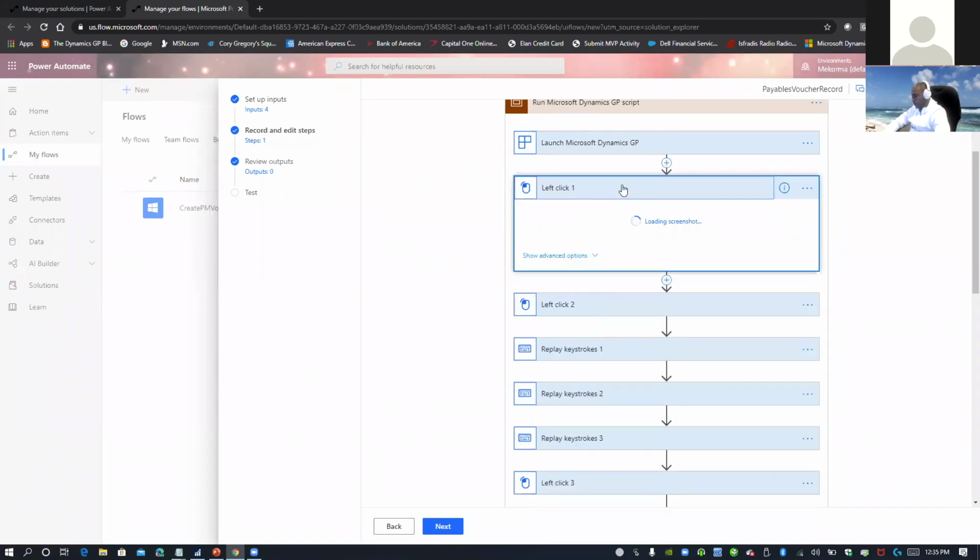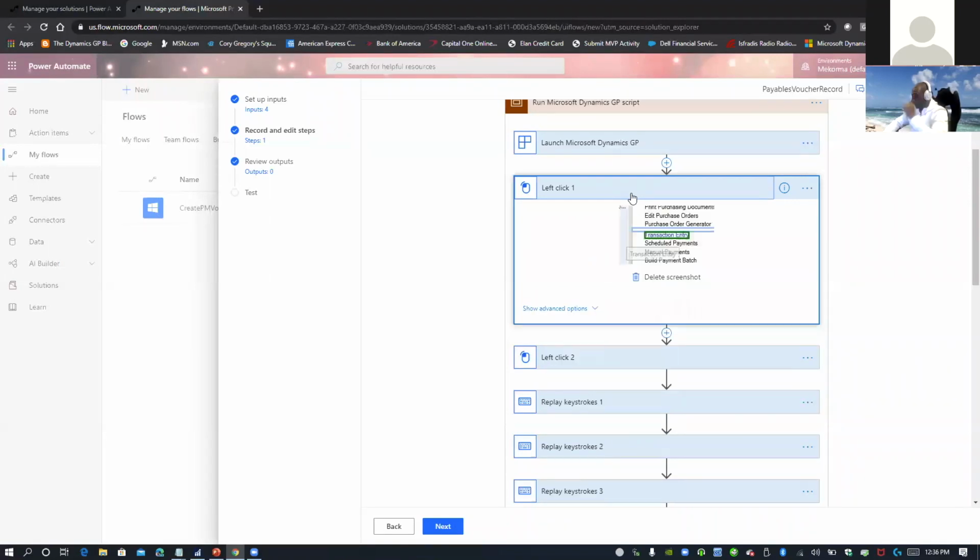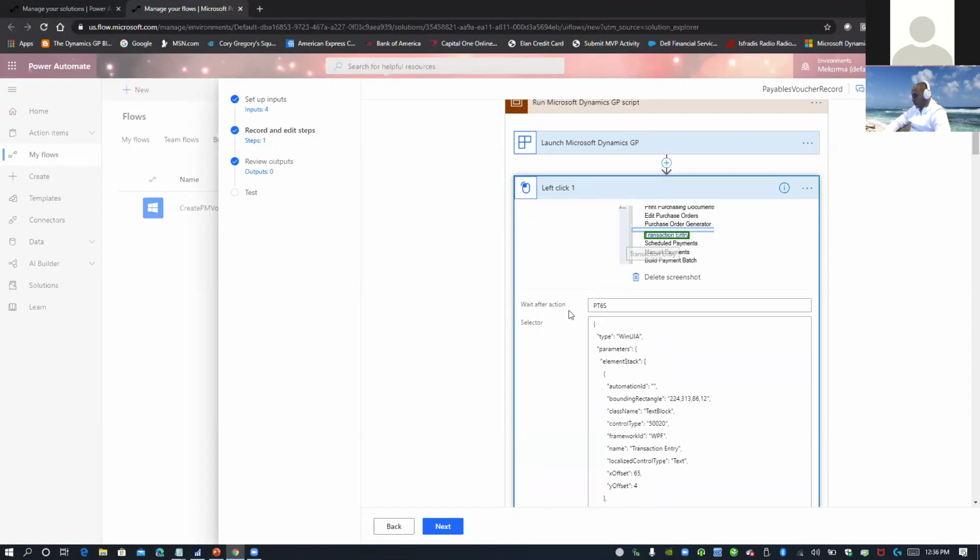Then what I did was, if you notice, I had a left click, and one of the things that I like tremendously about this product is it shows me exactly with a screenshot what action was completed, but I can see also the advanced options within the action. If you're a pro developer and you're trying to